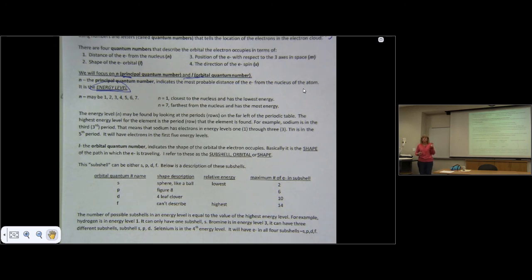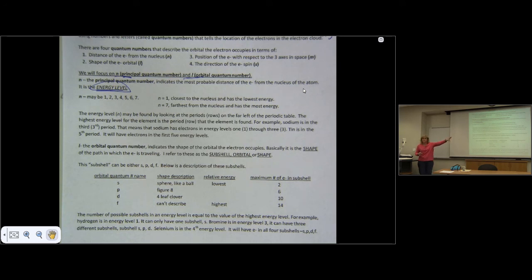That means sodium has electrons in how many different energy levels? 3. Yes? Tell me about selenium, Se. Selenium has electrons in how many different energy levels? 4. Everybody with me? What about tin, Sn? Tin has electrons in how many different energy levels? So everybody's following. Okay. So you'll know how many energy levels your atom has electrons in by just simply the